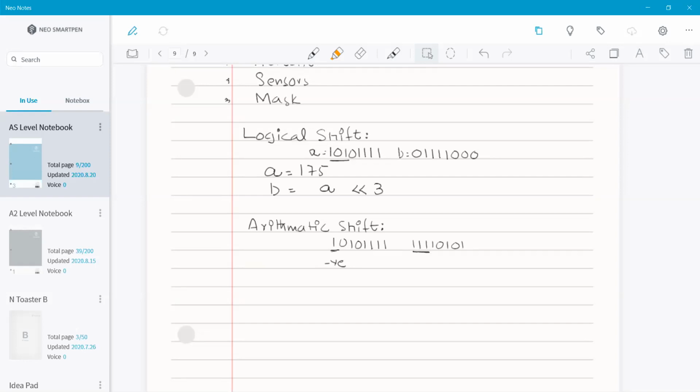So in AS, in Visual Basic and Python, we are not going to discuss arithmetic shifts because there are no commands, and if there are any, I don't know of them. I haven't seen it. I never have seen it. So that is not required for the syllabus as well. In the syllabus, we will be actually programming for only logical shifts. So let's say